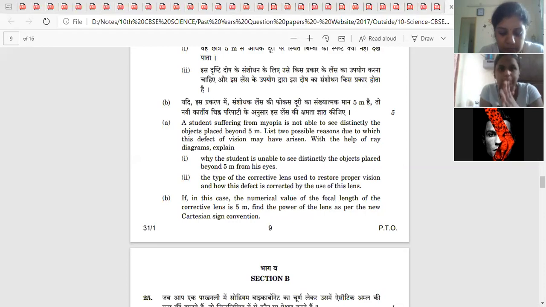Ma'am, in the worksheet, life processes, the 1 mark questions, in the third question: name one accessory pigment. Read the question fully. Name one accessory pigment and one essential pigment in photosynthetic plants. The essential pigment is chlorophyll. And the accessory pigment? Carotene and xanthophylls are given here. Those are extra colored pigments. These are the colored pigments. Carotene and xanthophylls give the yellow and red colors of the leaf.